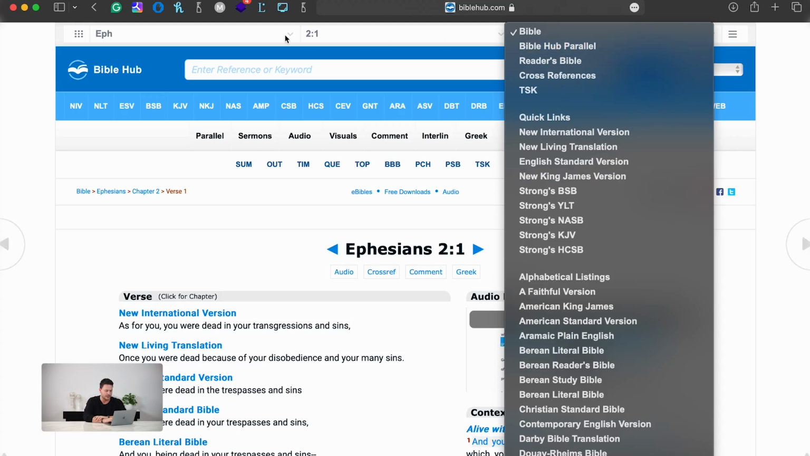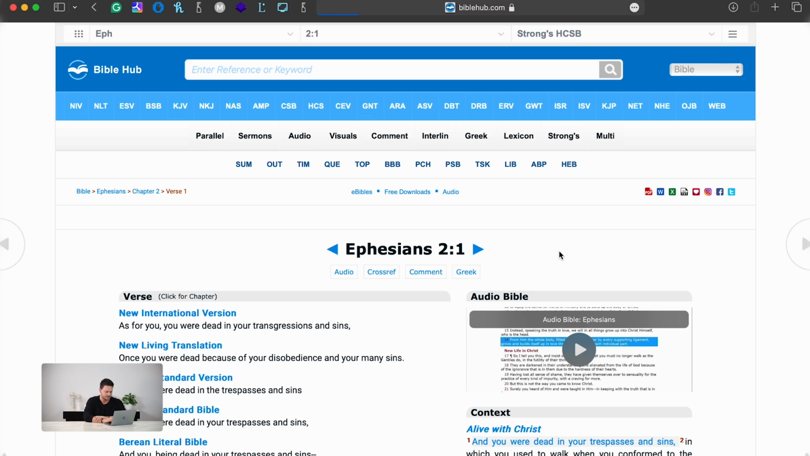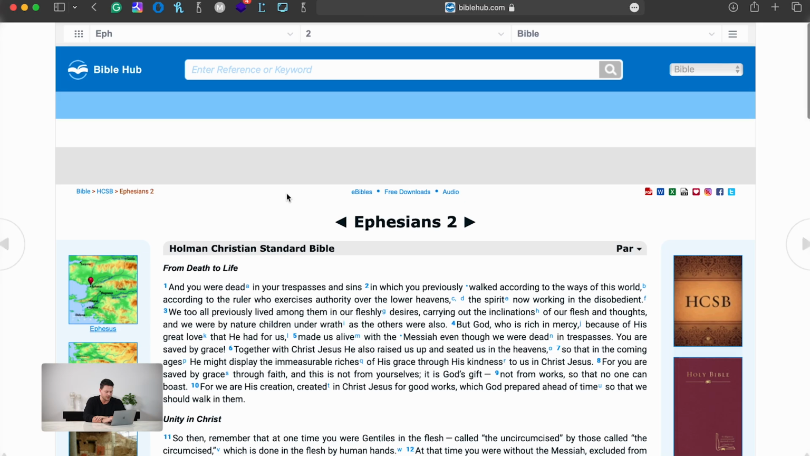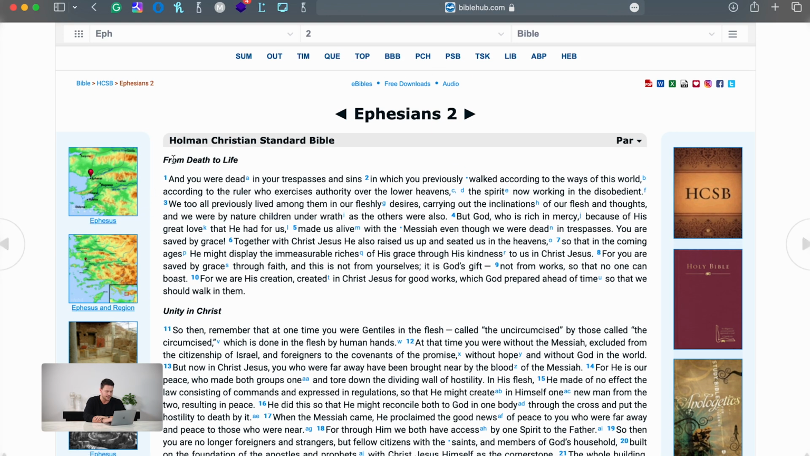So if we go up to the top here and use Ephesians 2 verse 1 and hit the Strong's HCSB, which stands for Holman Christian Standard Bible. So let's click that. And we'll let that load. And here we go. Now this might not look all that different, but you'll notice as I hover over each word, it starts to glow this different color. And what that means is as I hover over it, you can see some Greek text come up as well